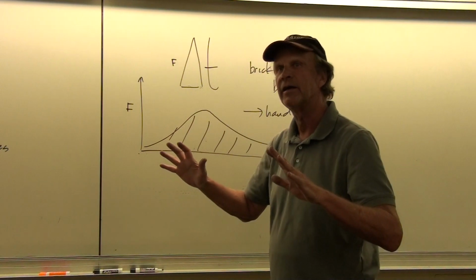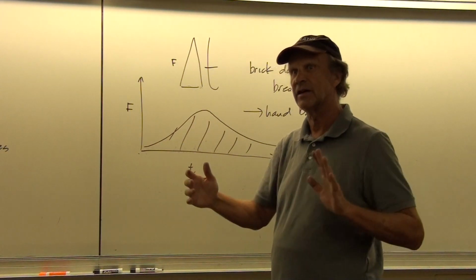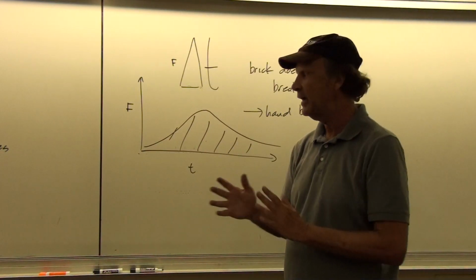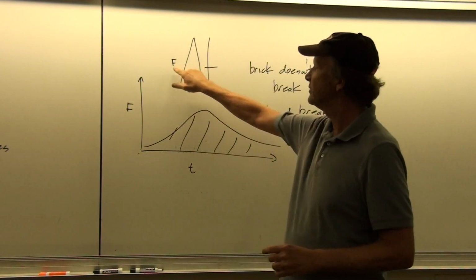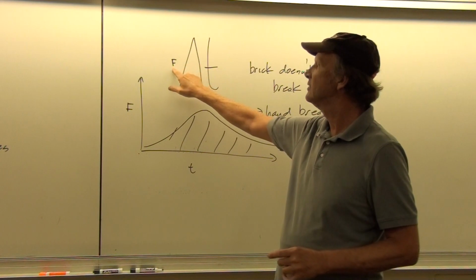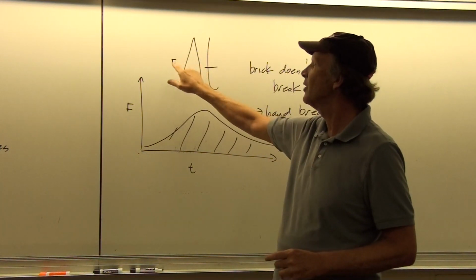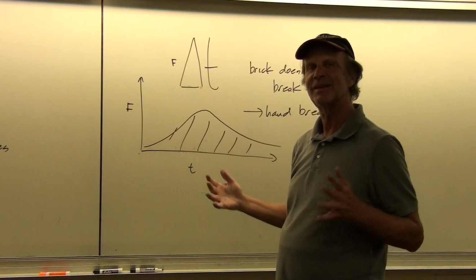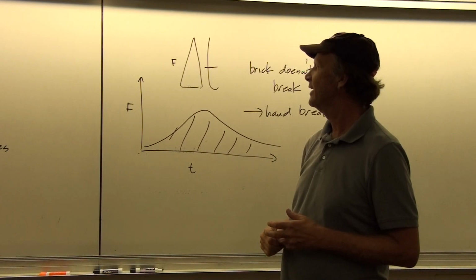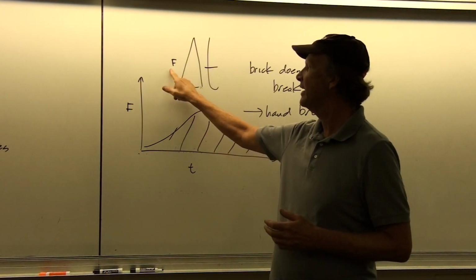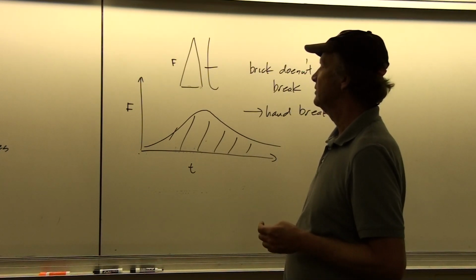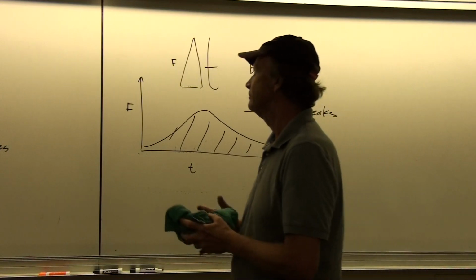Instead of you slowing down exactly at the same rate that the car slows down, what you do is you compress into the airbag, and that expands your time of contact, and it allows for the force to be reduced, because it's basically force through time. So it's less force through a bigger time, or more force through a smaller time. It still gives you the same change in momentum. Okay? But you can use this kind of a strategy then with a padded dashboard or with an airbag or whatever to minimize your injuries during a collision.